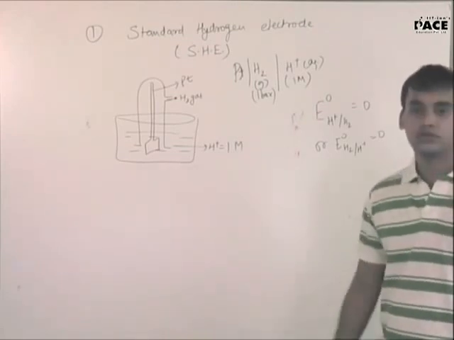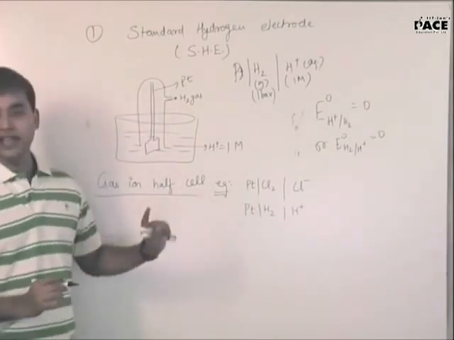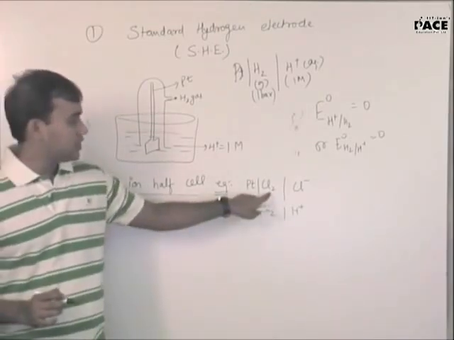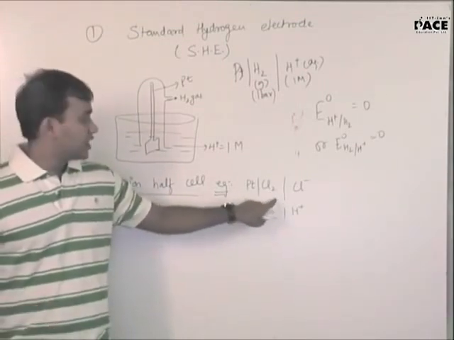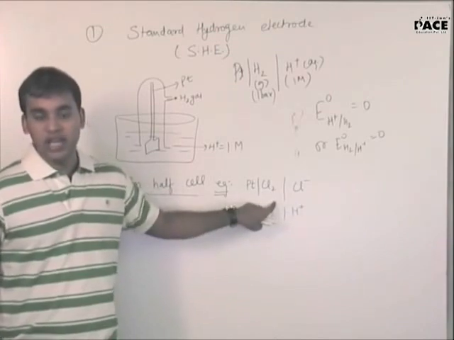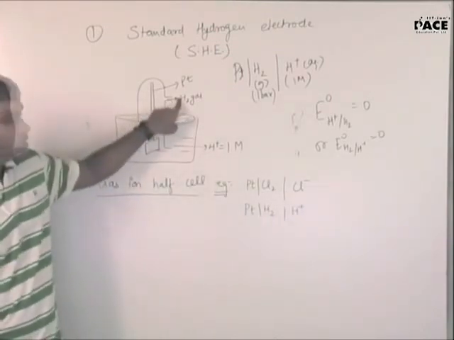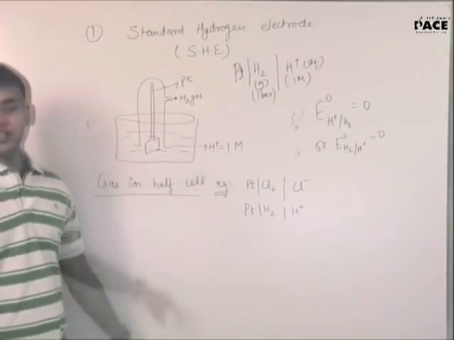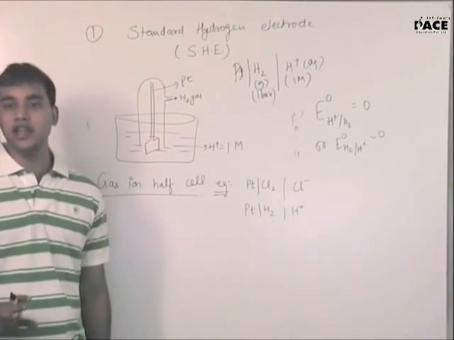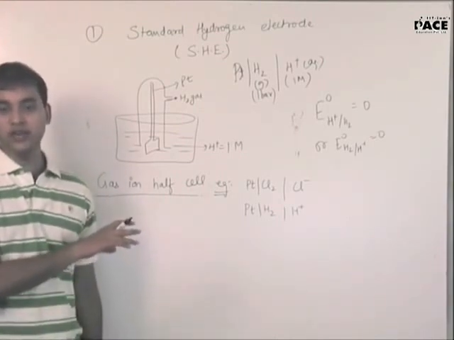Just copy it down. See, these are typical examples of gas, ion, half cell. What is gas? A gas is released, either say chlorine or say hydrogen. And with the gas you have in equilibrium any ion. For example, if chlorine is released, you have in equilibrium Cl minus. Or in this case you have hydrogen, which is in equilibrium with H plus ions. So these are generally known as gas, ion, half cells. Clear? I will just make a short table so that it is easy for you to remember.